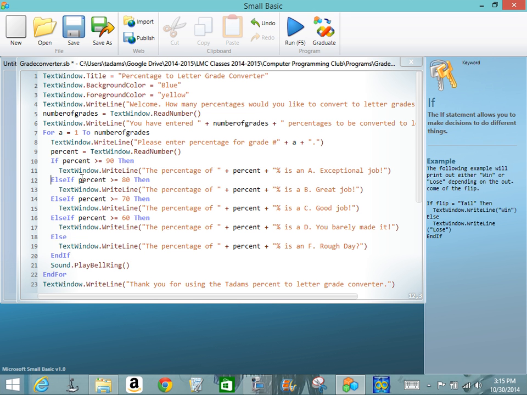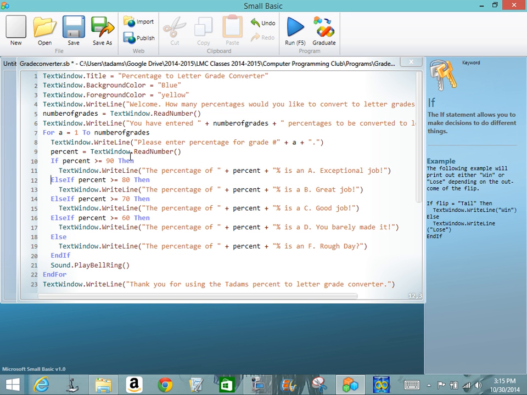And the command there is if the percent is greater than or equal to 80, then it'll say the percent of whatever number I entered in for percent plus